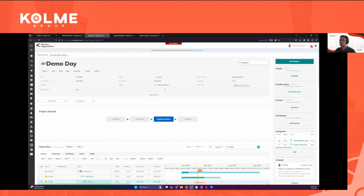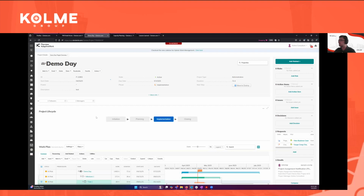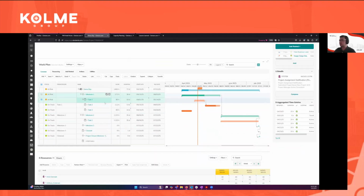Again, this can be tailored per profile. So this is the project manager's essential information. We can expand that if we need to, collapse it if we need to. And then scrolling down, we have a work breakdown structure that you would expect to see in a standard PPM